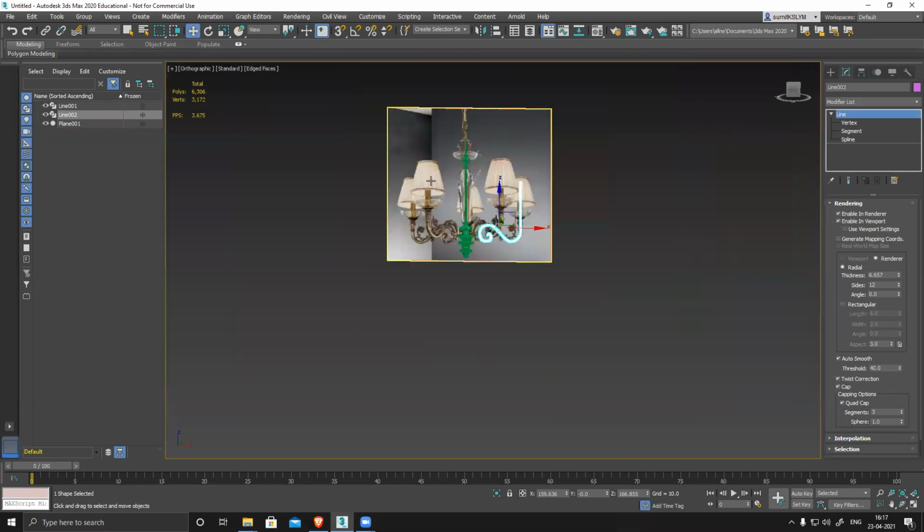So, okay. Yes, it's like a preview. It's just a preview. This is not final geometry until you apply edit poly on it. You can see rendering. It's enabling in rendering and viewport, making it look like a poly tube. So once you apply the edit poly, it becomes a polygon.